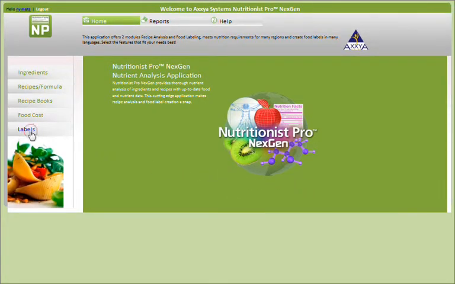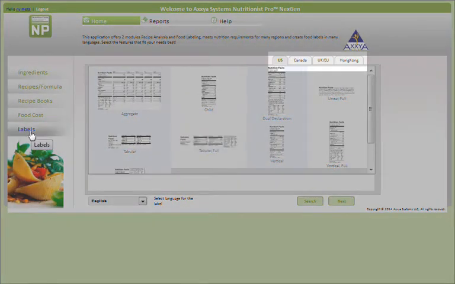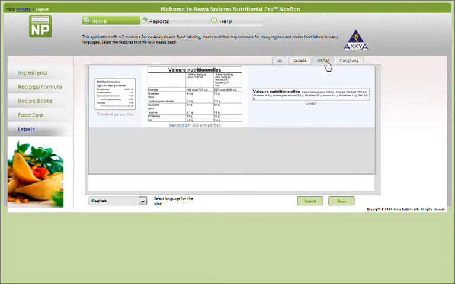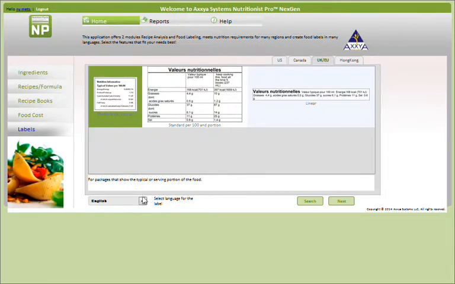Click on the Labels tab. At the top right, you'll see the various regions available, including US, Canada, Europe, Hong Kong, and more. By clicking on each region, you'll be able to choose from a variety of food label formats that are compliant with that region. After highlighting the food label format you would like to create, select the language you would like